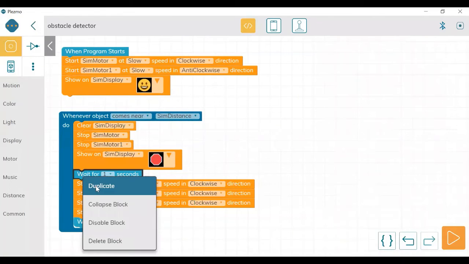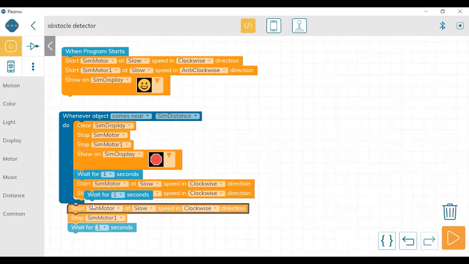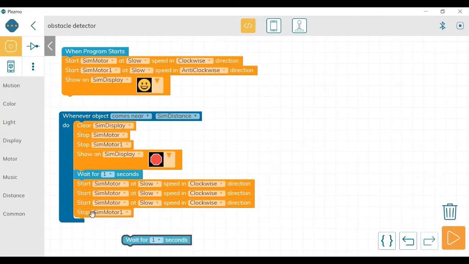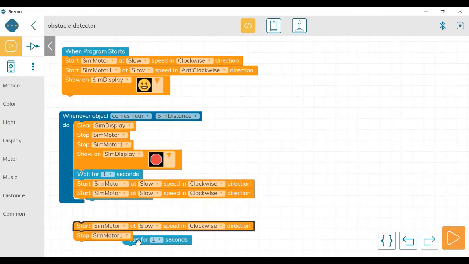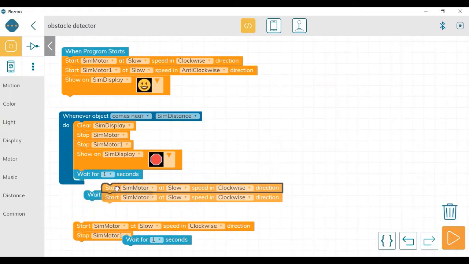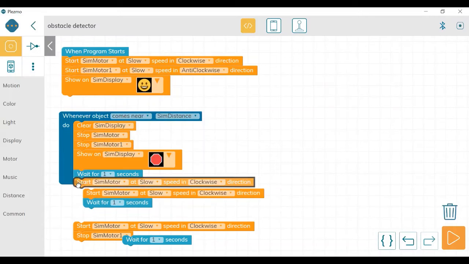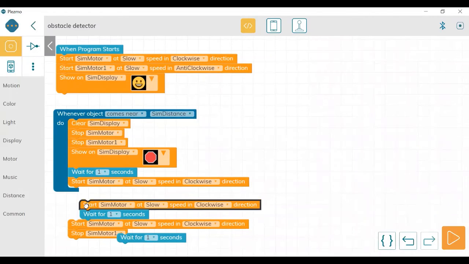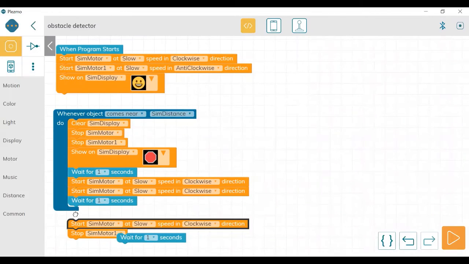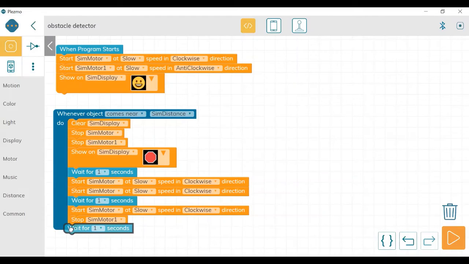Now backward for some time, and then taking the turn for some time. So here we have to go to backward.